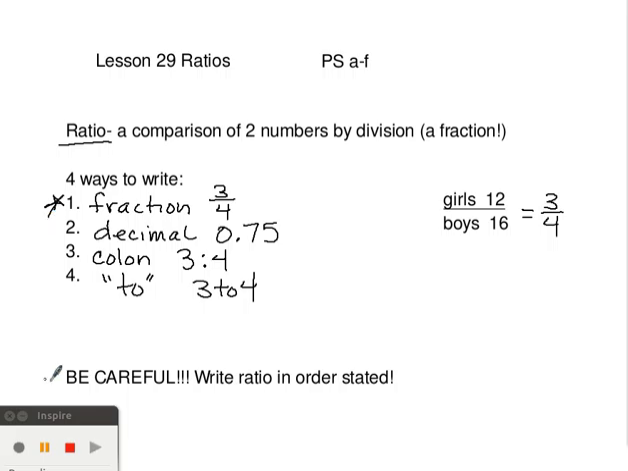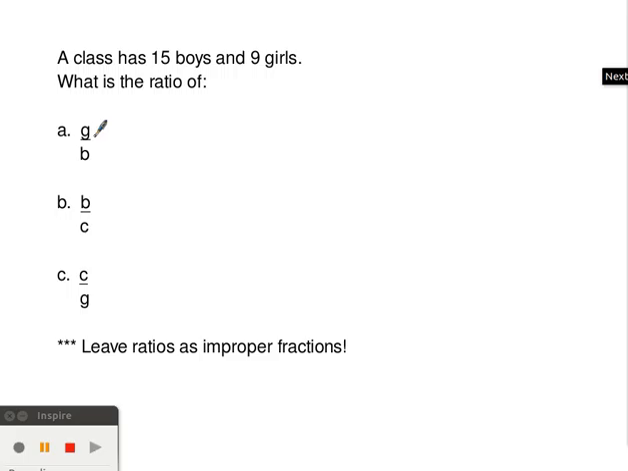And here's a word of advice: be careful. When you write a ratio, make sure you are writing it in the order that it's stated in the problem. I'll give you an example of what I mean. Suppose you have a class that has 15 boys and 9 girls. And they say to you, what is the ratio of? The first one we're going to do is girls to boys. You might be tempted to say 15 to 9 because 15 is listed first, but girls are actually 9, boys are 15. You also have to remember that you need to reduce ratios to lowest terms,